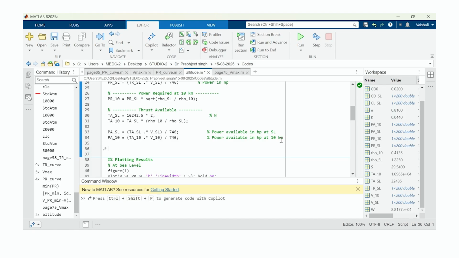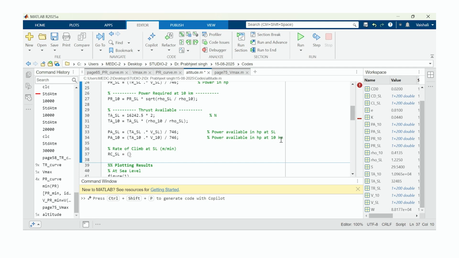Let us also plot rate of climb at sea level, in meters per minute. So RC, rate of climb, let me denote this by SL. RC at sea level is given as